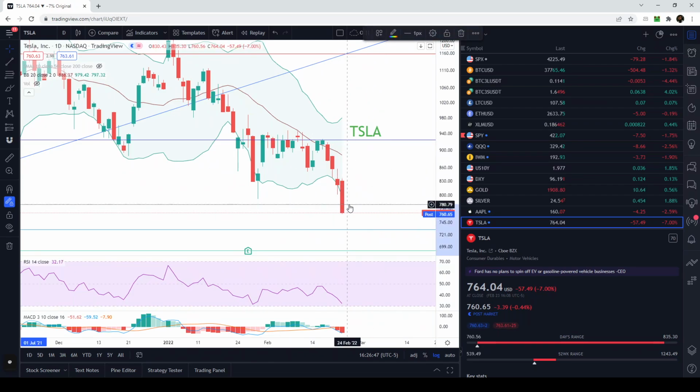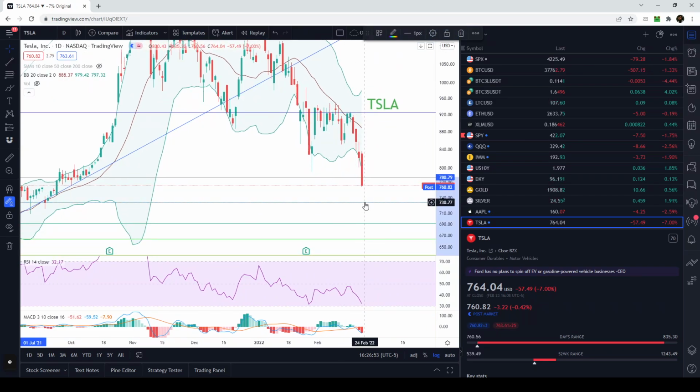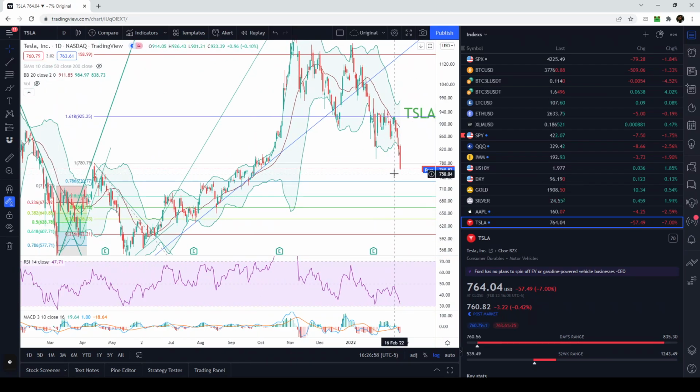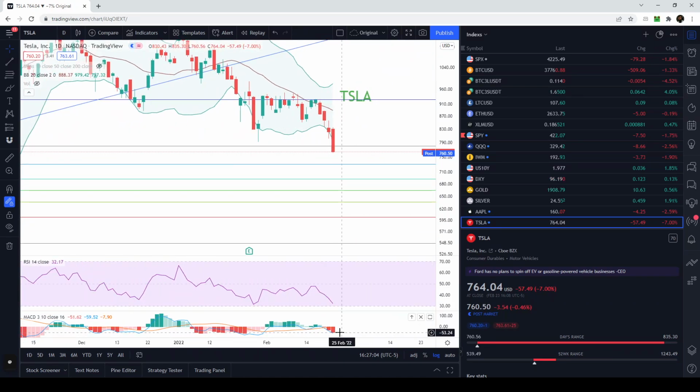So we broke down this major level of support here at 780. If Tesla can come back to 730, that would be amazing. That would be spectacular. Oh man, because if we get to 730, it would cause the RSI to become oversold. The MACD is already showing a lot of weakness, which is very, very bullish essentially for a bounce upwards. And if we can fall down to 730 tomorrow, that would be spectacular. If Tesla is falling, the rest of the market is definitely going to be falling. So that would really, really help a